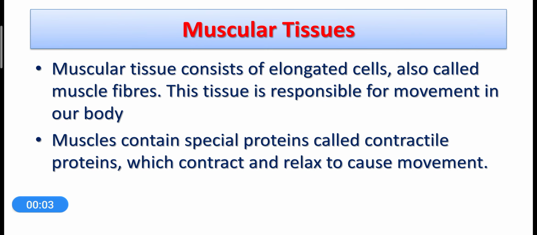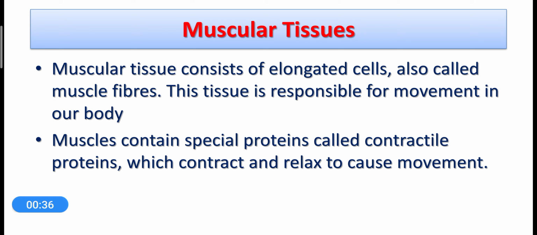In this video, I'm going to start the new topic, that is muscular tissues. So, dear students, in your previous classes, like in class 6, you have learned that the movement in the animal body is done by a special type of tissue that is called muscular tissue. Muscular tissue is the tissue which is responsible for the different types of movements in the body of animals. We know that animals are different from plants in this aspect, that animals' body